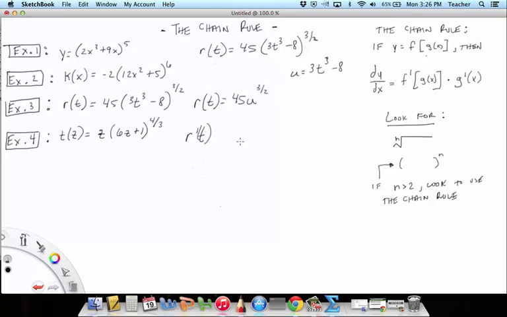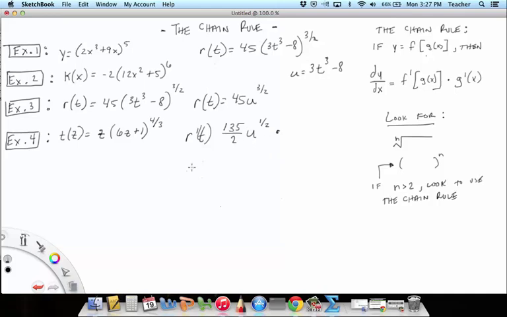Is that right? Yeah, I'm doing all right. We're going to take 3 halves times 45. So 3 halves times 45 would be, let me get my calculator real quick. 45 times 3, it's going to come out as an odd number. 45 times 3 divided by 2, which would give us 67.5. But what I think I'm going to do is just leave it as 135 over 2, u to the, and we're going to subtract 1 from that, so that would be 1/2,